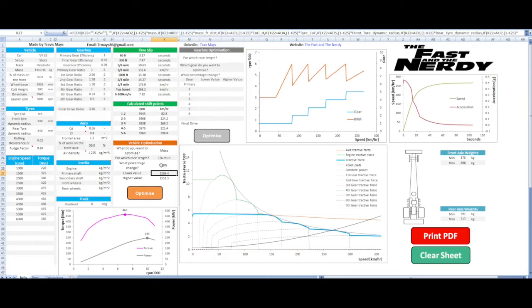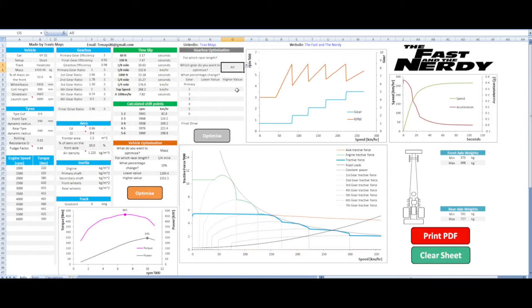As we're using Solver, I would recommend mostly using this for finding what has the biggest impact on times and then narrowing in on it manually. For example, you can optimize the gear ratios for all the gears. If we just click on here and go down to all. But Solver struggles with this. It will show you the gears that probably need tweaking first, but won't give you the answer. It's too complex for it. Also, as it's Solver, you can't go back after using it. So make sure you print out or write down your inputted numbers before you optimize it